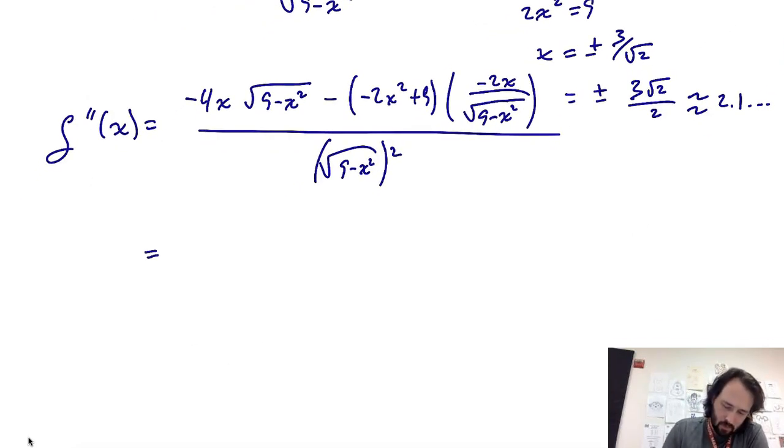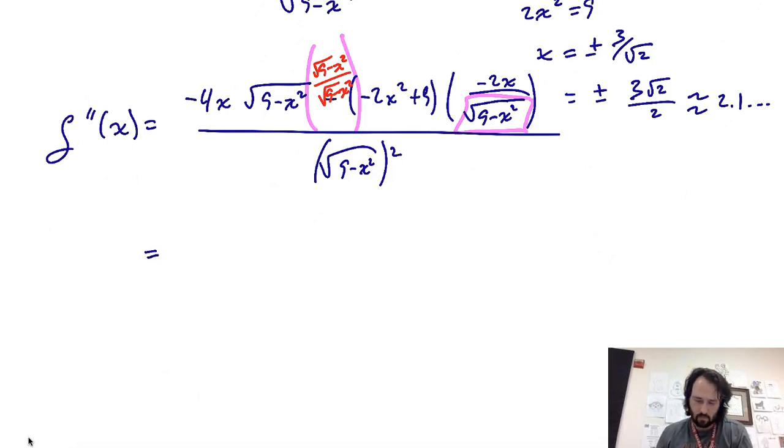So that this will become, right, my common denominator is going to be this part right here. So I'm going to multiply that into this one. So that will give me negative 4x times root 9 minus x squared